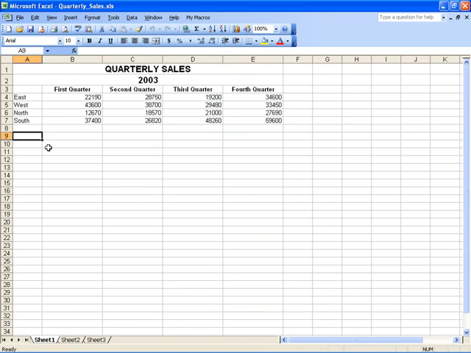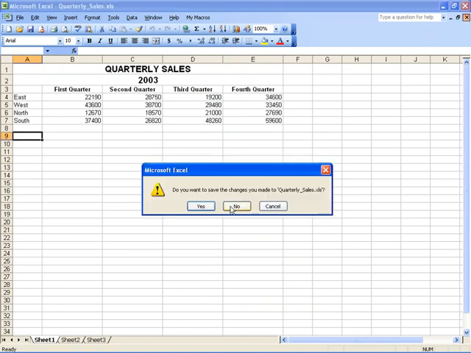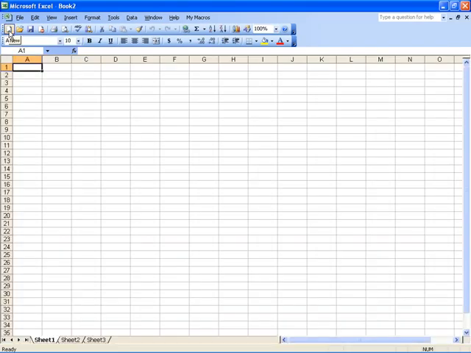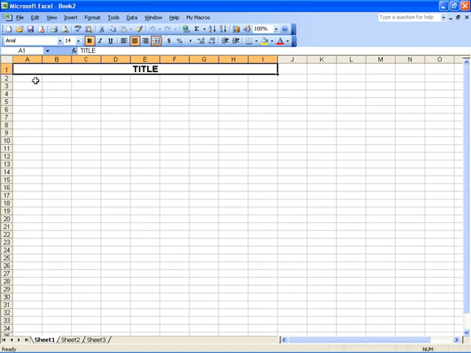And to further illustrate that it's at a global level, let's close this worksheet. No, we don't want to save the changes. We'll open up a new worksheet. So that other worksheet is closed and gone, which means if the macro was saved only with it, it would be closed and gone. Let's put in a title, highlight a range, go up to My Macro and execute this again. And you'll see that it works just as well in a brand new worksheet